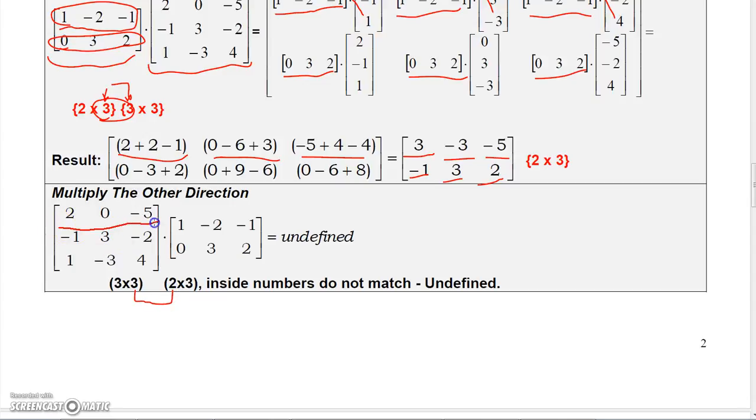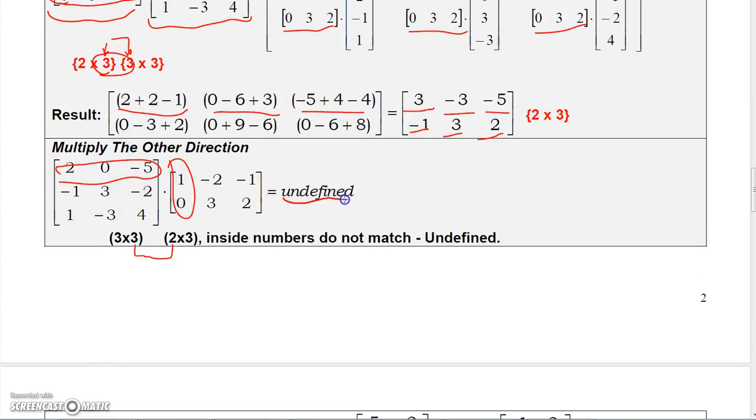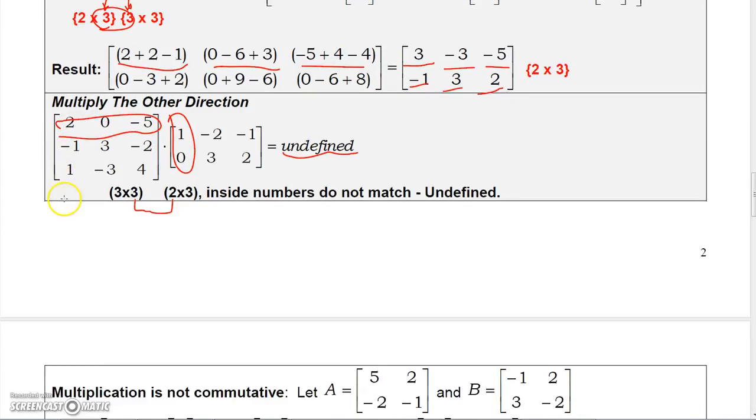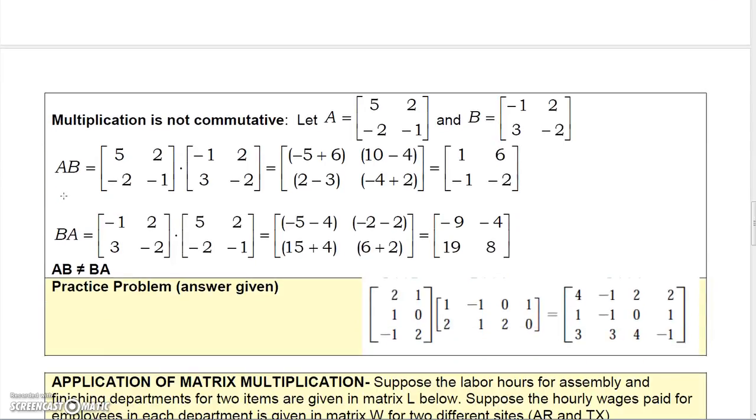So if I tried to multiply this row by one of these columns, I would have somebody that doesn't match up. So when that happens, the result is undefined. Since these inside numbers don't match, you can't multiply these two matrices together. Even if you can multiply them together